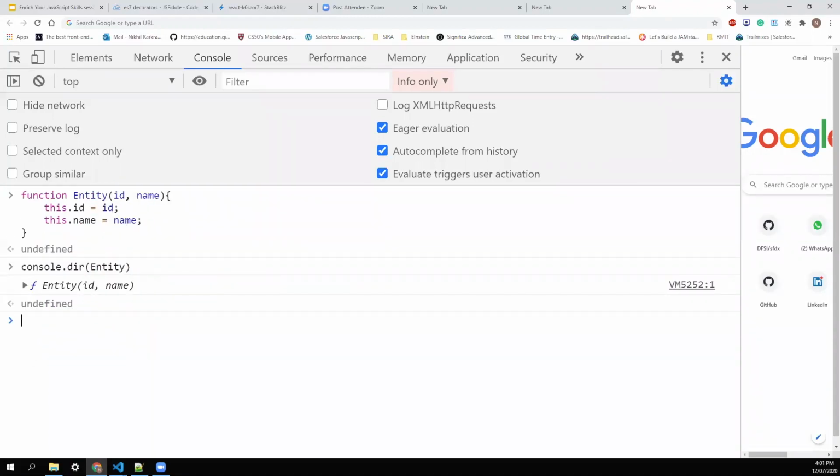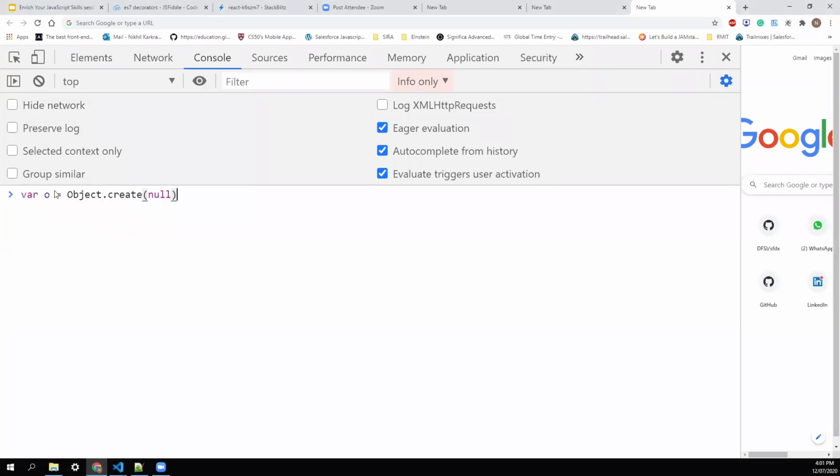So prototype is an object that is associated with every function or object by default in JavaScript, unless you create a null object. To show how you can avoid creating a prototype explicitly, if I create an object with the Object.create method and pass null, I don't want any reference, I don't want any prototype. If I print it, it says no properties available. This is not the right way to do it, because it's always better to create with a proper prototype.